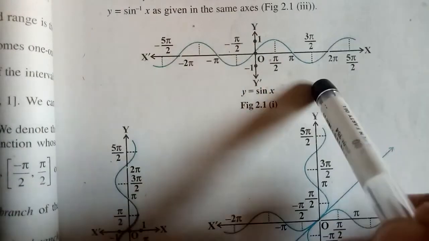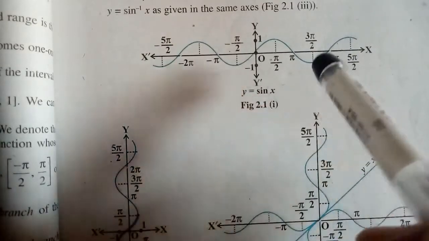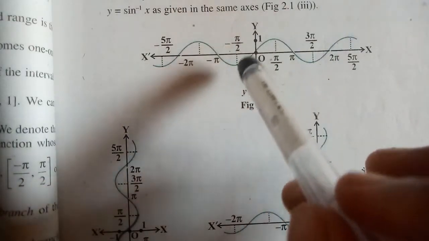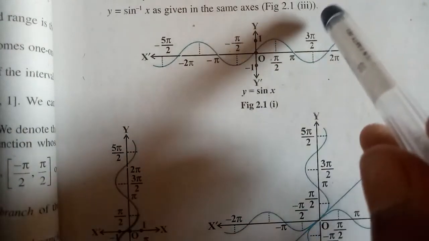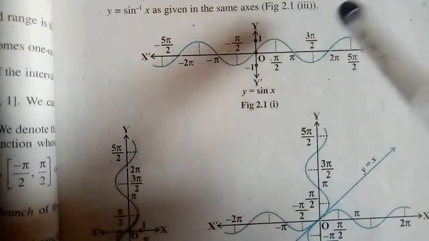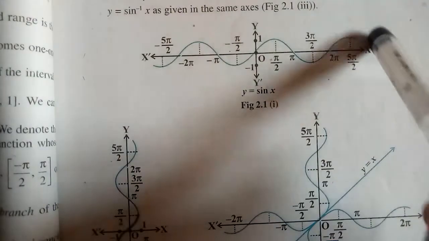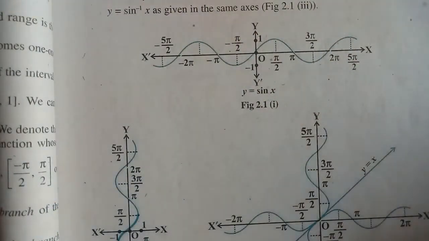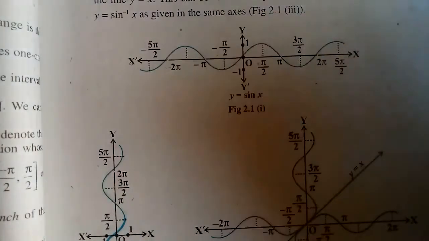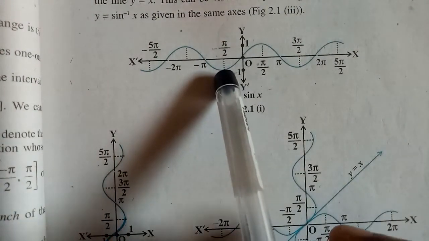So here I have to put some conditions on the sine function so that my function will have an inverse. That means all elements in the domain of the sine function should have one and only one image in the codomain. So I have to restrict the domain of my sine function, so that sine will have a sine inverse, because it is already onto and the problem is only with one-one. Is that clear?